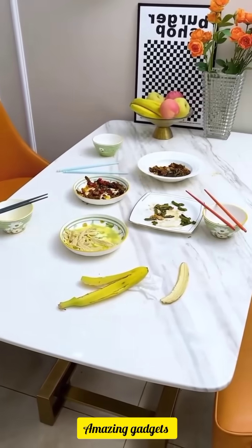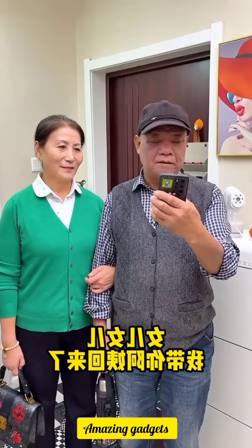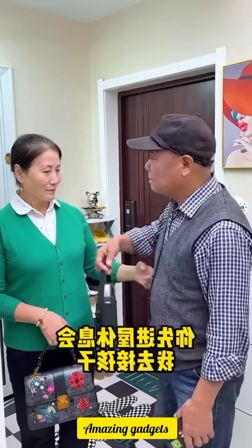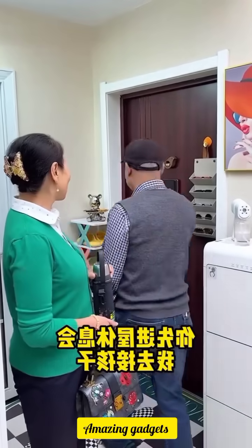This is another portal. 女儿，女儿，你在哪儿？我带你的阿姨回来了。 我去接孩子了，打一会儿就回来了。 你先进屋歇会儿吧，我去接孩子了。